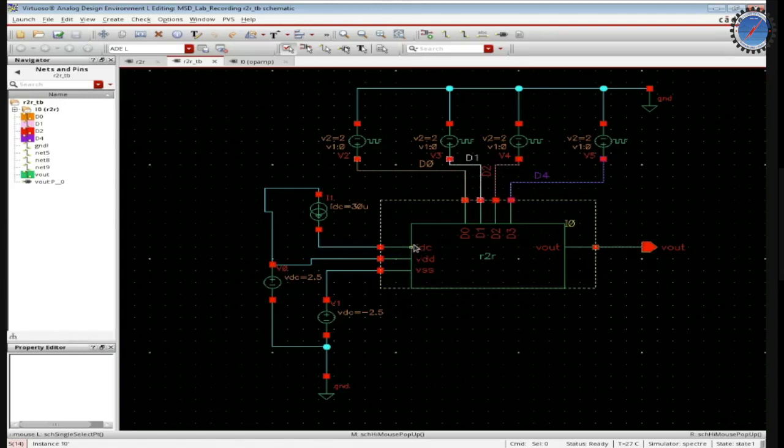So here we are having the 3 set of inputs, the input bias current, and then you have the VDD, right? 2.5 volts positive given to that, and then VSS minus 2.5 volt given to that. Then we have the 4 input bits, D0 through D3, given by 4 pulse signals. Okay, so these are the V pulse sources which you have got from the library, analog lib.